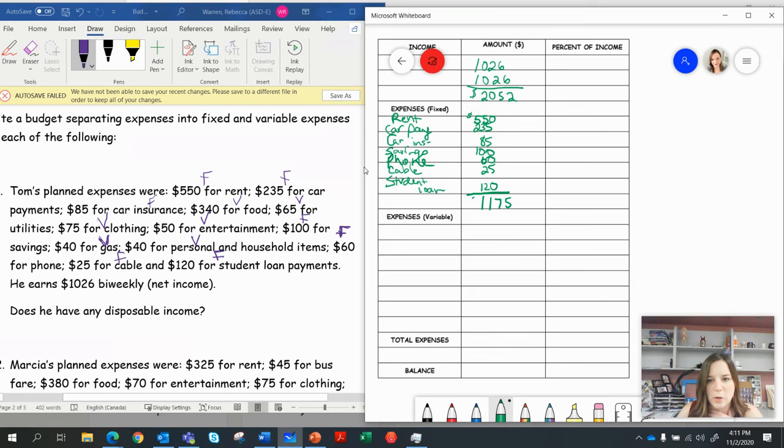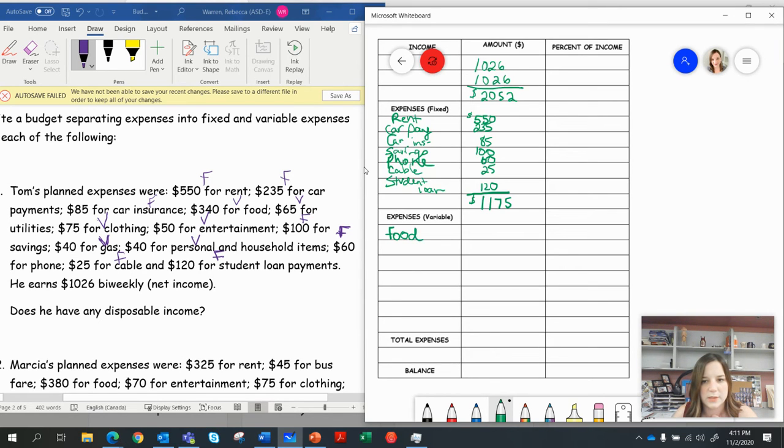1,175. So you'll see there's a couple of reasons why totaling the fixed expenses now is useful. We'll talk about that after. So 1,175 for fixed expenses. Now for variable, we said